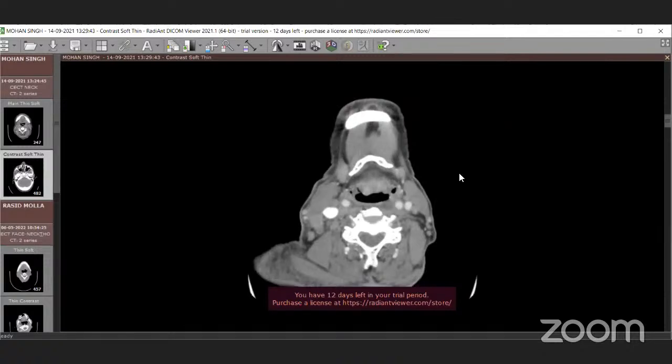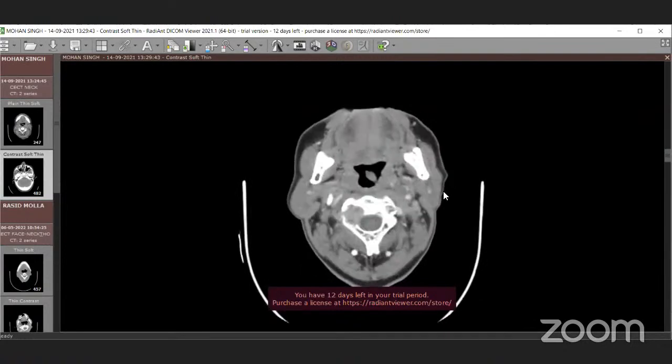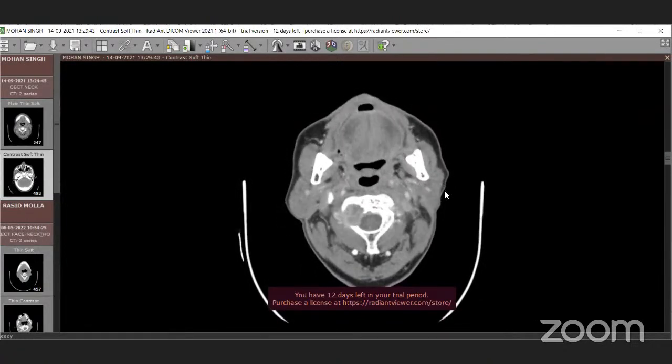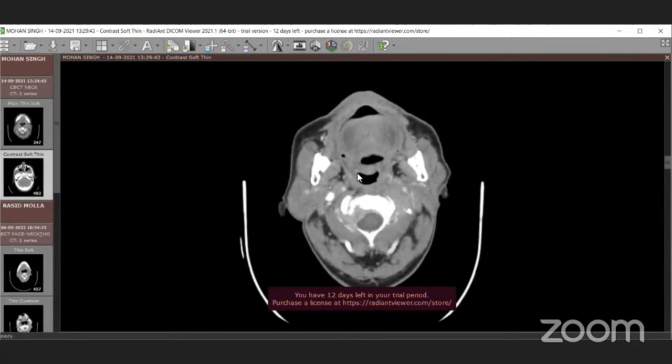Okay, thank you. Next we'll start with, I think, the tonsillar fossa. So could you please show us the anterior and posterior tonsillar pillar and the muscles accordingly there? Okay, so